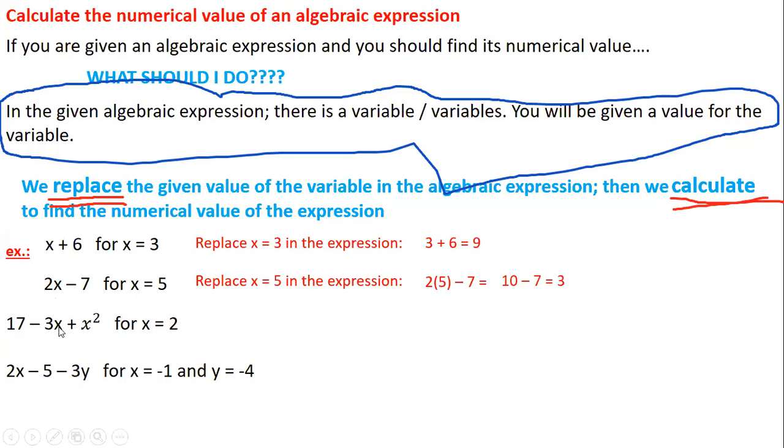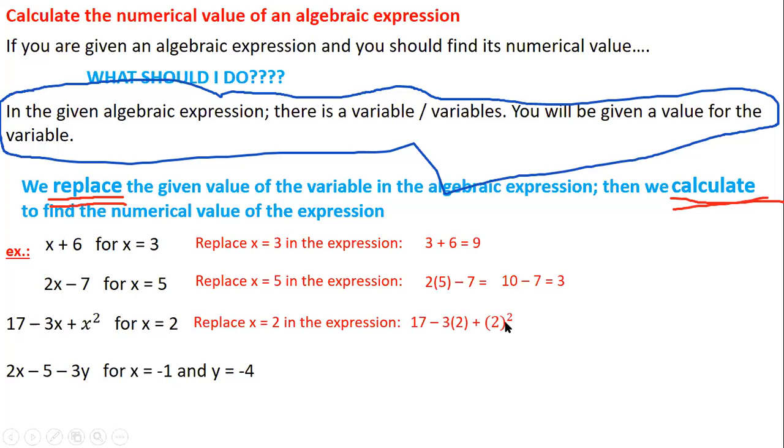So here x and x should be replaced by 2. We should replace x by 2. So I write 17 minus 3, and x are multiplied. So x here should be replaced between parentheses, 2. Here, x squared, whenever you have a variable with an exponent, also it should be replaced between parentheses as I